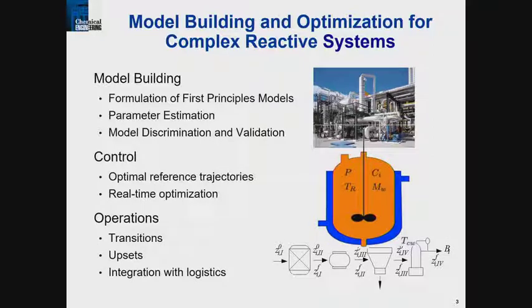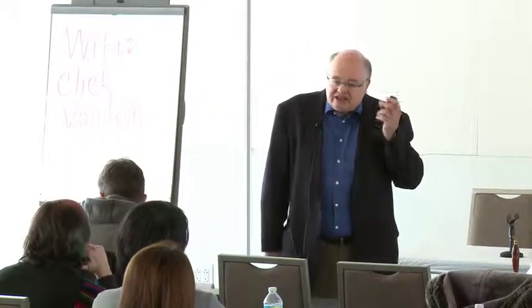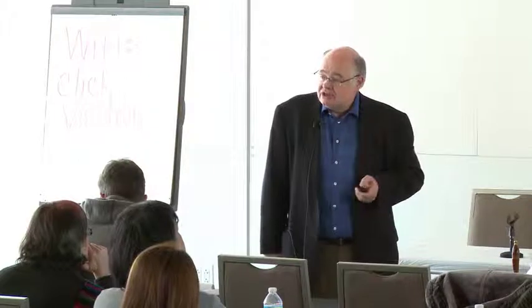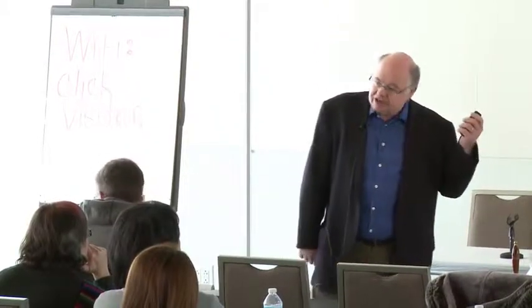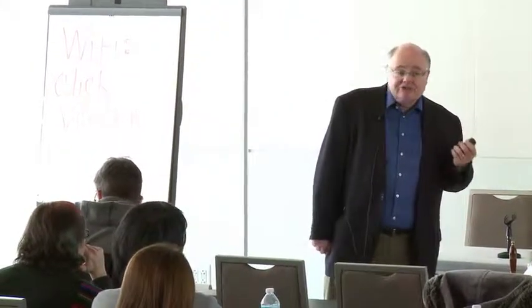in a chemical plant. And then for operations, what that means is this unit here is only one unit that goes over here, and then there's a whole process built around it where you have to schedule operations, where you have to control utilities, where you have to worry about upsets and supply and demand from different parts of the plant. And that unit has to be able to interact flexibly within all those demands. So the accuracy of that model and the robustness of that model, the solution of that model, is extremely important if you want to exploit all of those decisions. So this is primarily getting a model for decision making.